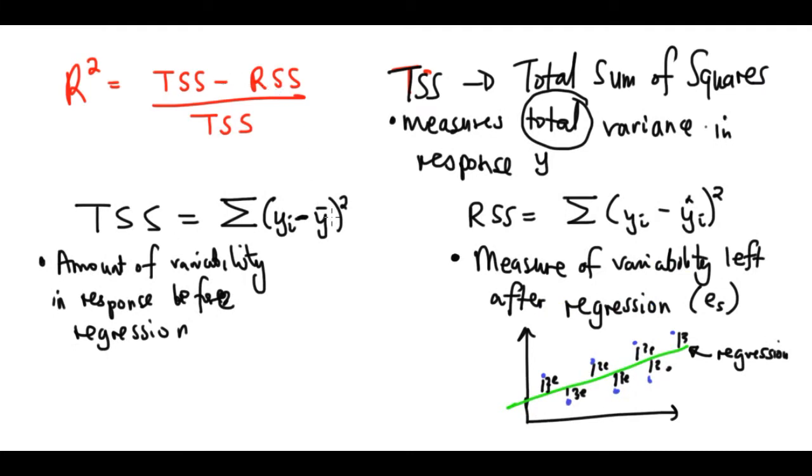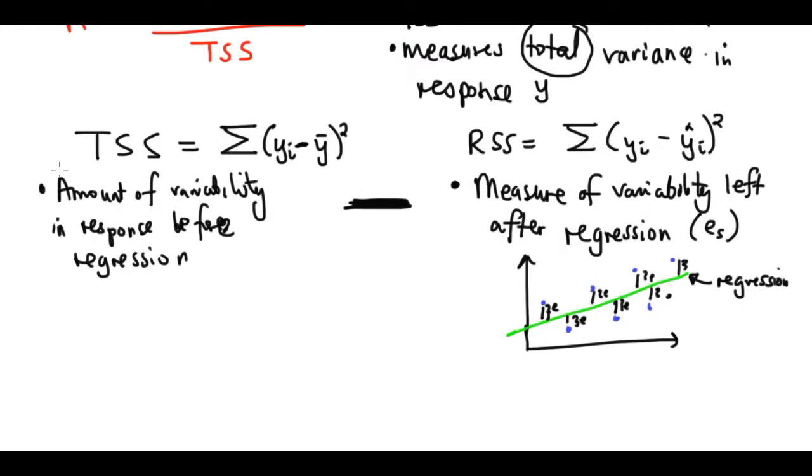TSS minus RSS. So we are subtracting these two. What does that mean? This one was the amount of variability in the response before regression. So this was the total amount of variability. That was everything before we even do regression, all the variability that is there. Let me just write all variability. We're saying all variability minus